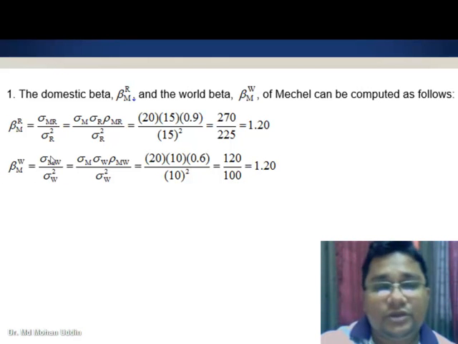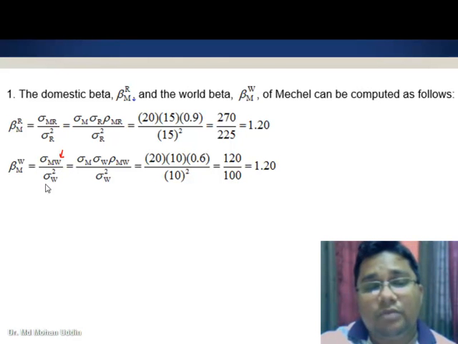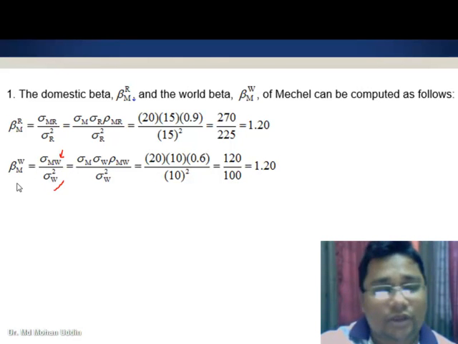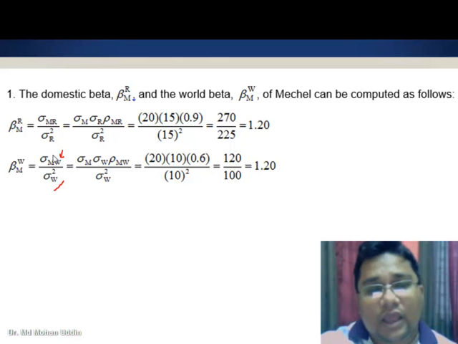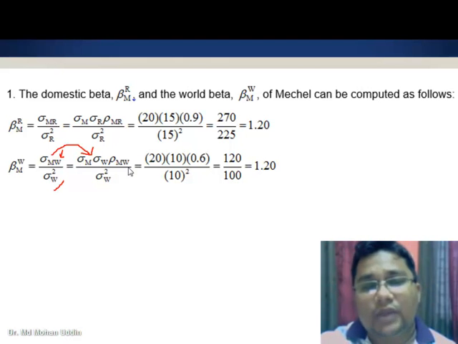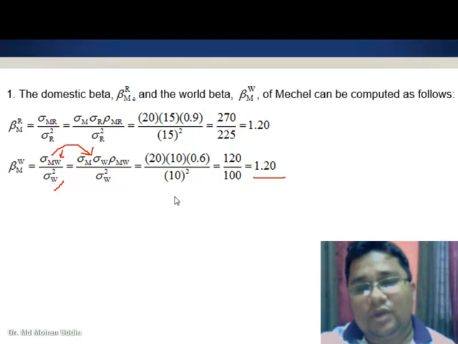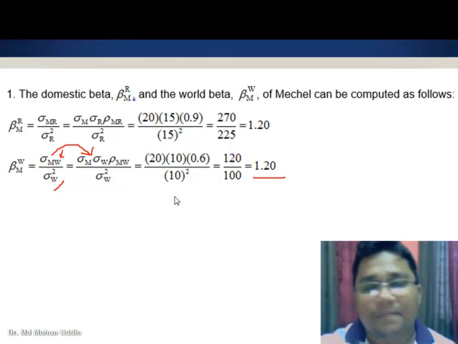Same procedure, but remember here our market is the whole world, so we use the covariance between Michelle company's return and the world market return, and the variance of the world market return. We followed the same procedure, breaking down the covariance into standard deviations and the correlation coefficient. After that we found that the world beta is 1.20, which is exactly the same